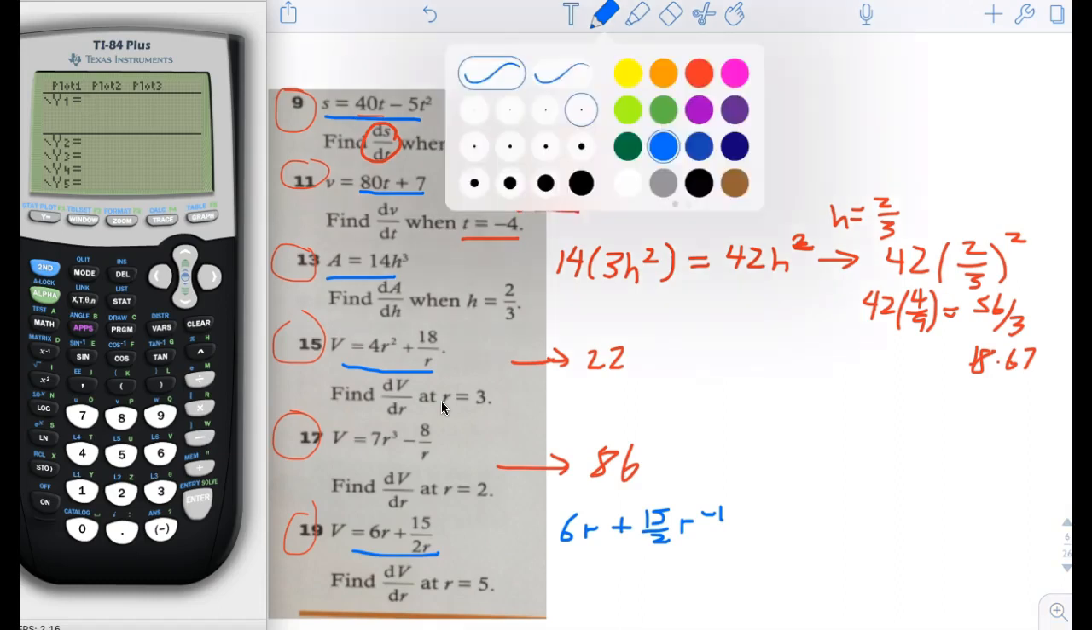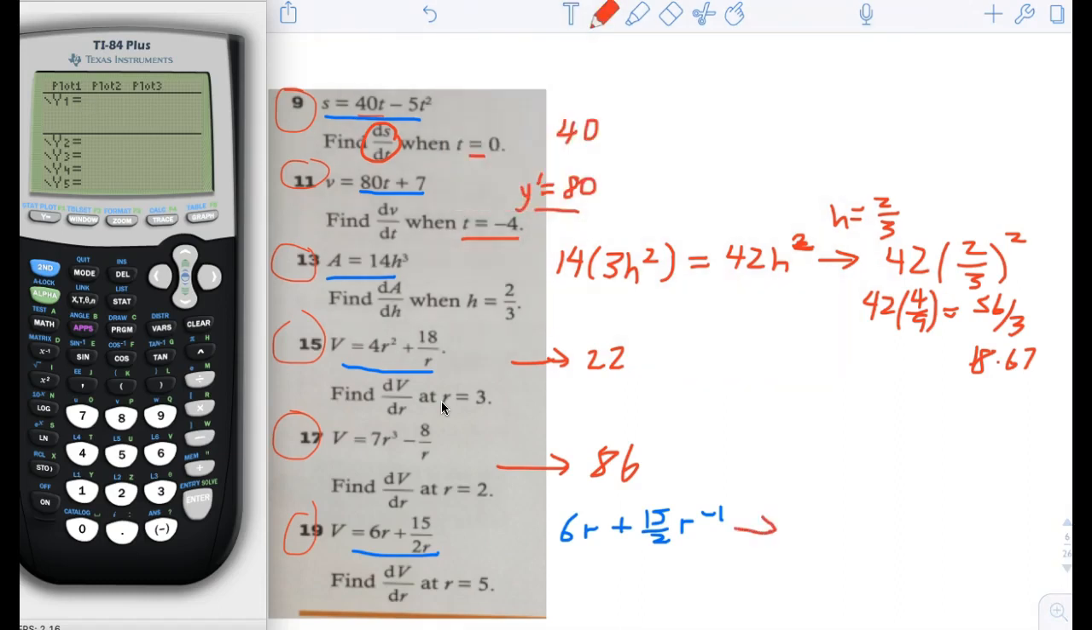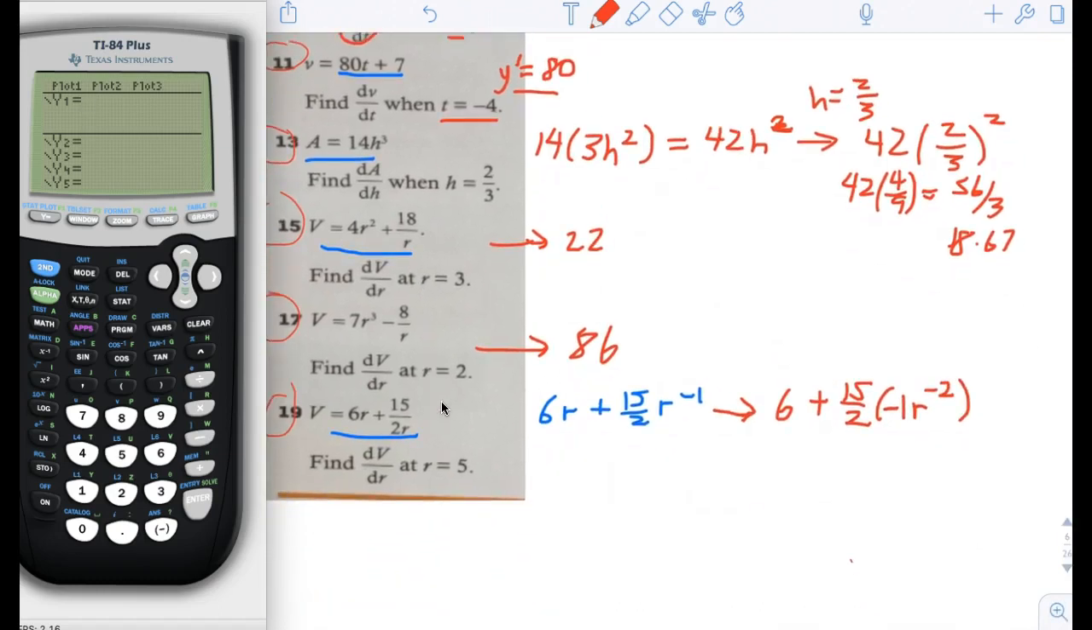Now it's easier to take the derivative because we have the power rule, which tells us how to take the derivative of this, right? 15 halves. And then the r to the negative 1, we bring down the negative 1. We have r, and then we take the negative 1 and we make it negative 2 because it goes down by 1. So now I'm kind of done. But I need to simplify it a little bit maybe. So I'm going to do 6 minus 15 halves r to the negative 2. Okay? Now all I need to do is put in r equals 5 in there, and that would give me